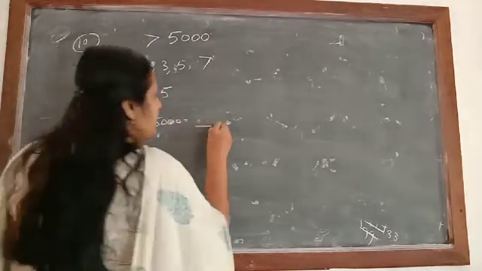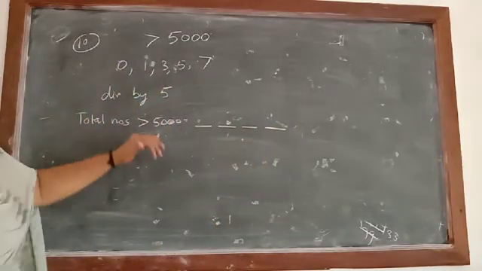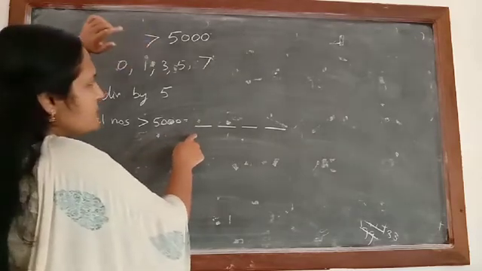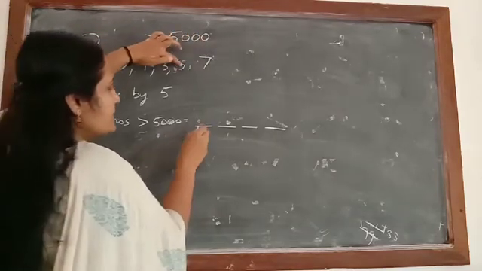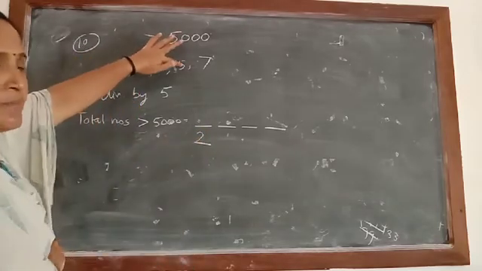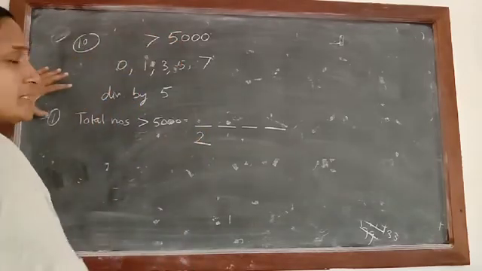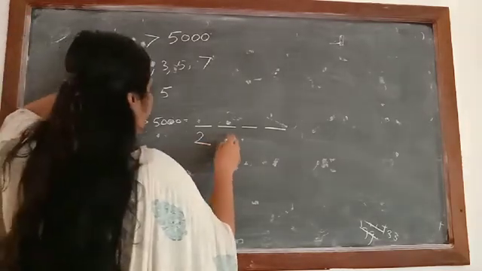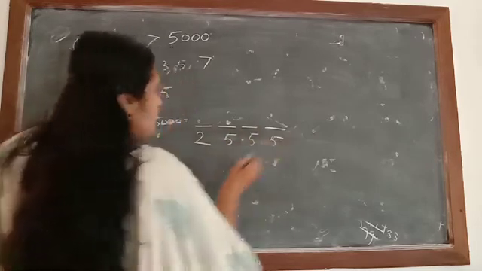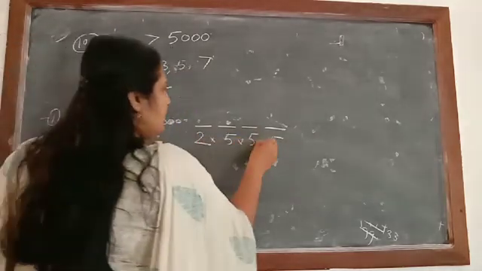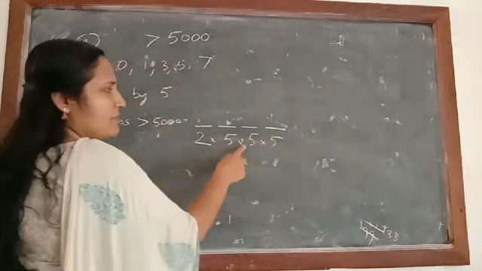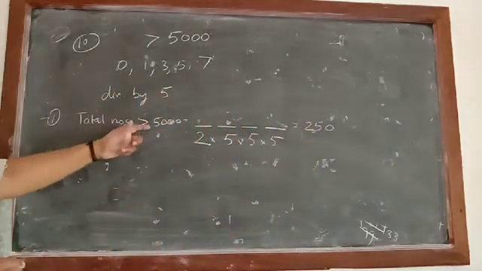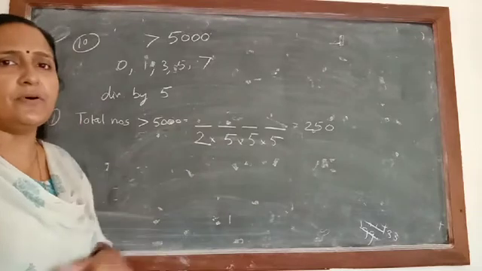So obviously a 4-digit number only we have to frame. Our number should be greater than 5000. So in the 1000 place, out of these numbers what can be the possibility? 5 and 7. So the 1000 place can be filled in 2 ways only. Okay, we are doing the first part where digits can be repeated. So this place can be filled in 5 ways, this one also 5 ways, and this one also 5 ways. So total it will be equal to 2 5s are 10, 5 5s are 25. So it is equal to 250. Total numbers greater than 5000 are equal to 250.